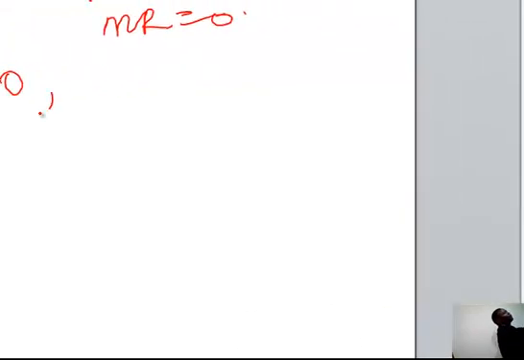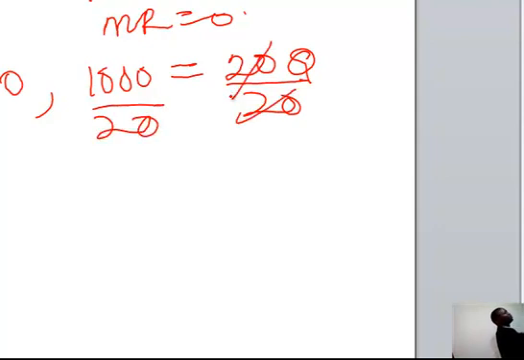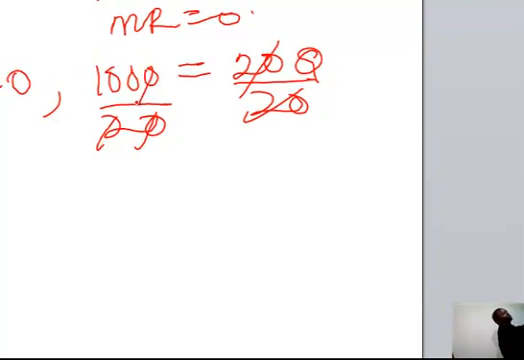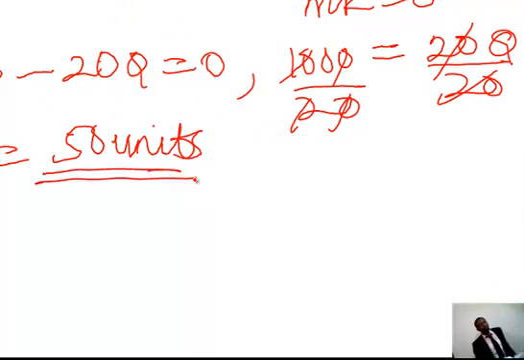So we have 1000, we collect like terms, 1000 is equal to 20Q. So divide through by 20 to get our Q. So we have Q equals 50 units. So now, the level of Q for which revenue will be maximized is 50 units. Now to get our total revenue